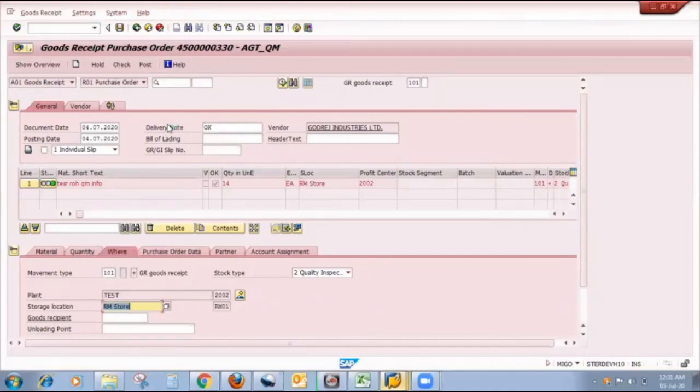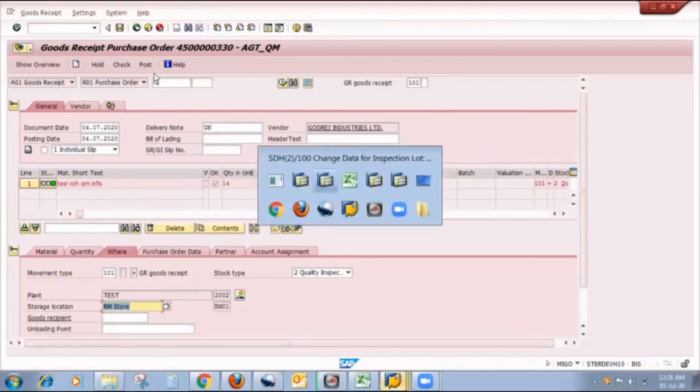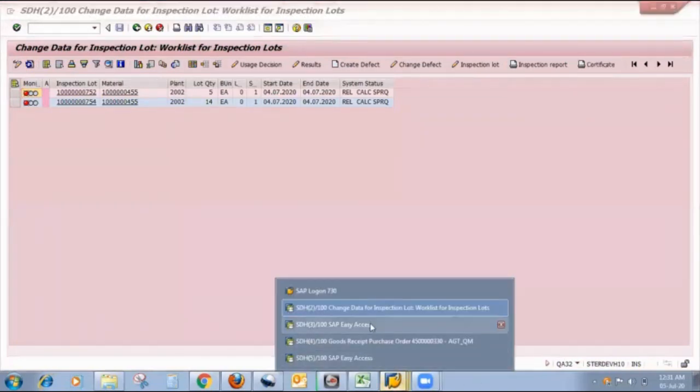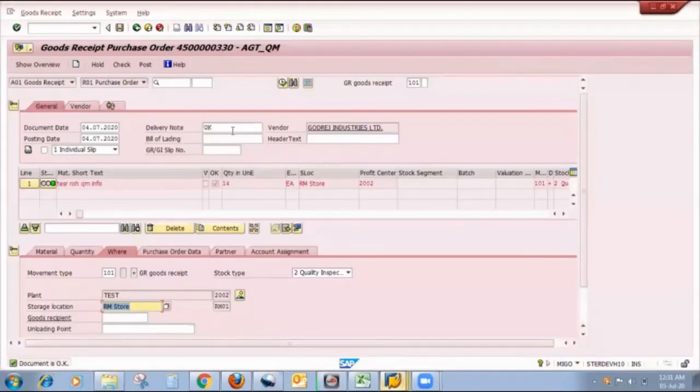Now my document is okay, but before posting, I will again show you that in QA32 there are only two inspection lots. There are no more inspection lots, and now I will post this document.